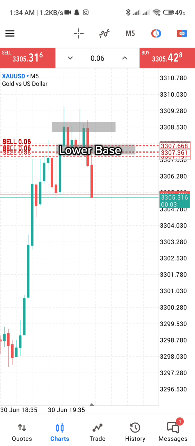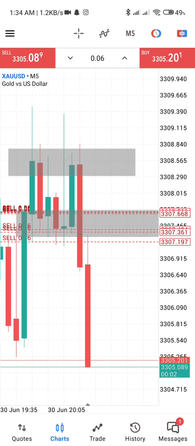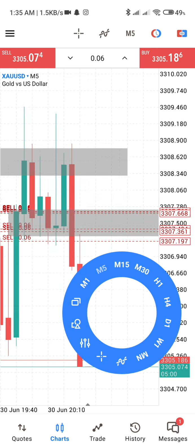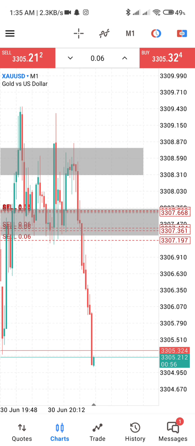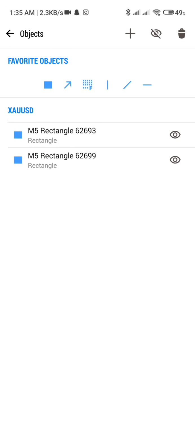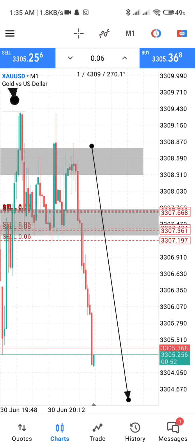Then it made lower base. Lower base also acts as support zone. Then, if we see closely, price broke this area, or broke our support zone. So after breaking it, price can fall anytime. So it fell. Based on this strategy, or based on this zone, we have opened our second trade and we